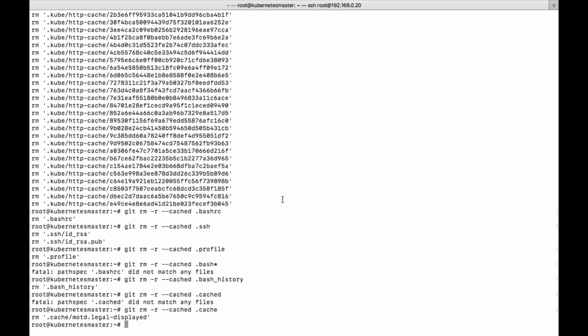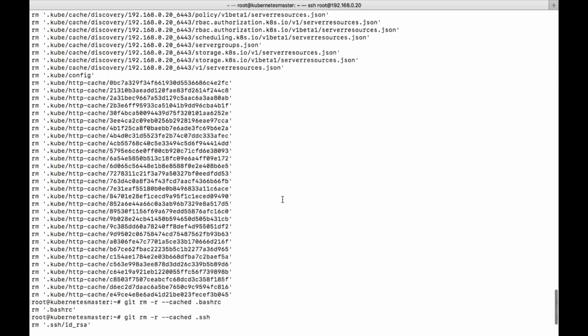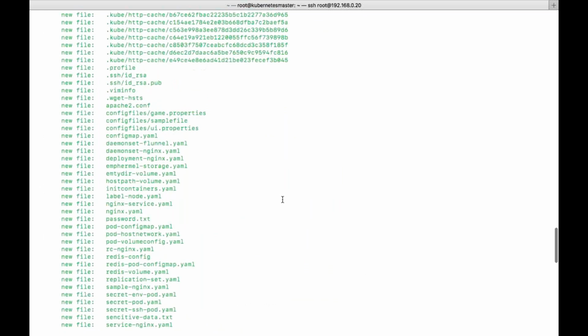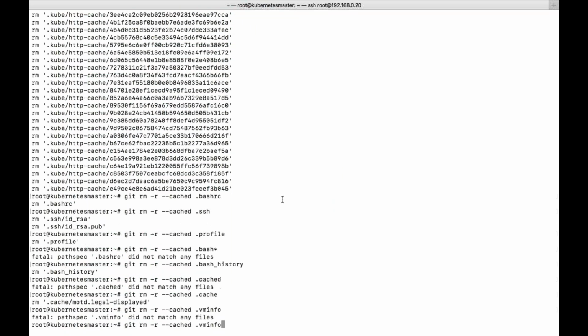Anything else apart from .kube? Profile, vminfo, wget list, info.